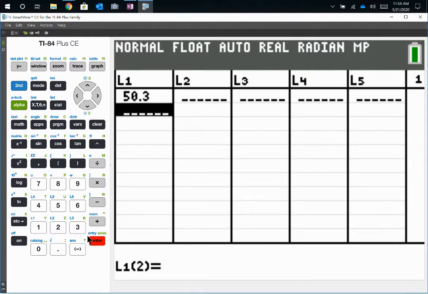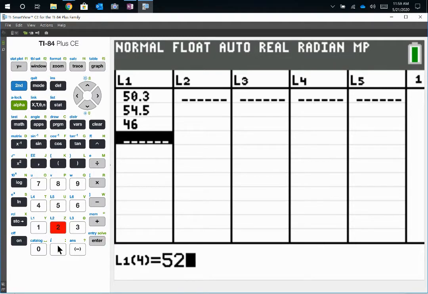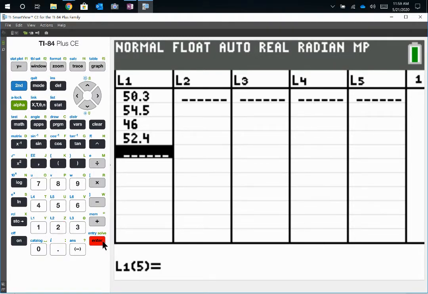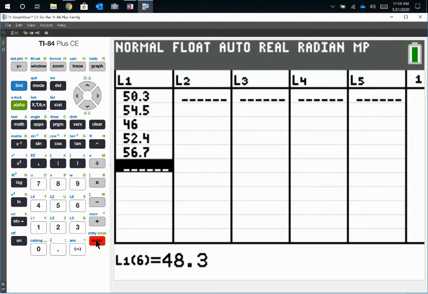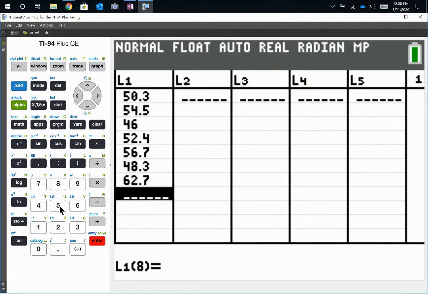50.3, enter. 50.45, enter. 46, enter. 52.4, enter. 56.7, enter. 48.3, enter. 62.7, enter. 58.3, enter. 64, enter. And 61.7,